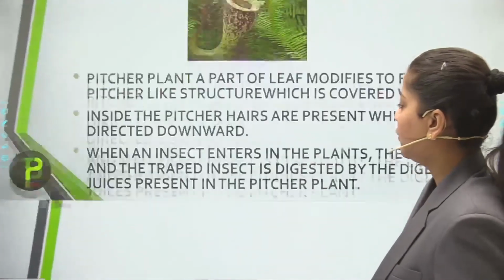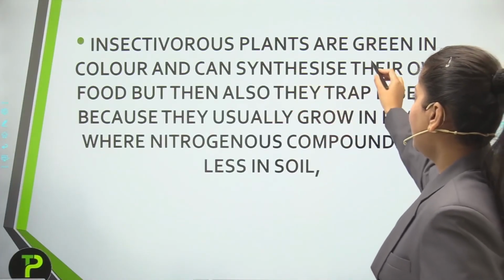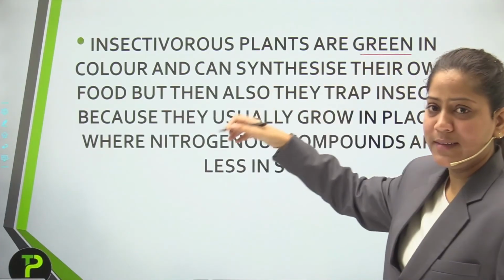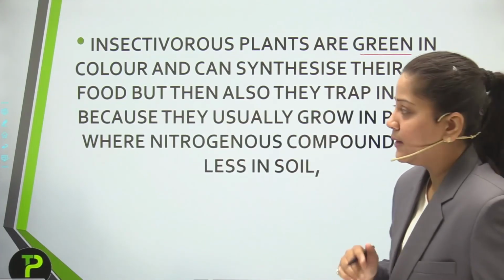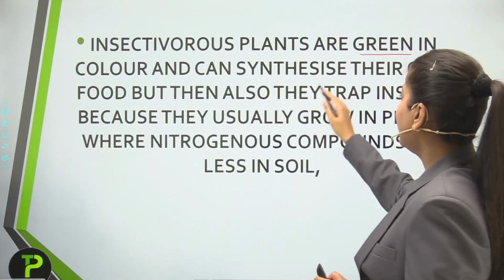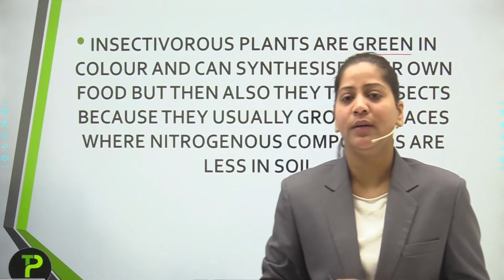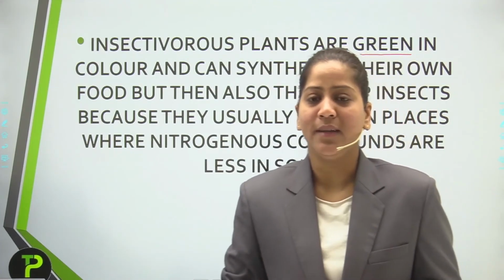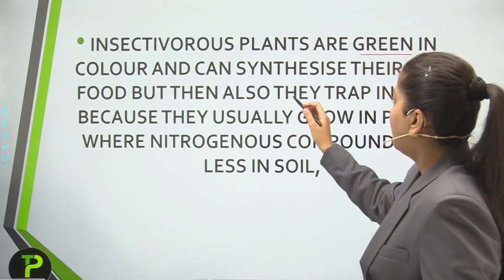Now let's move further. Insectivorous plants are green in color. As you have already seen, the pitcher plant and Venus flytrap are all green in color and can synthesize their own food. Obviously they can synthesize their own food if they are green, meaning they have chlorophyll pigment, but